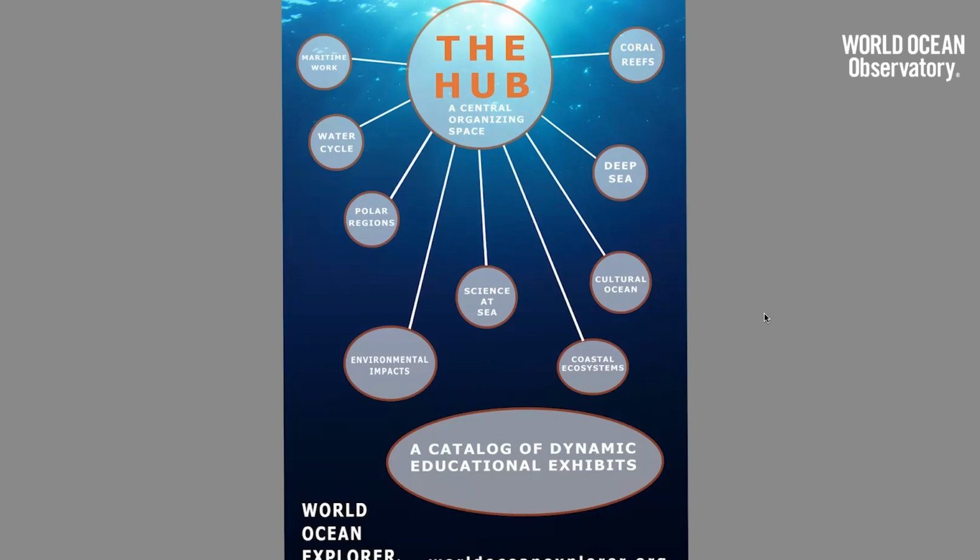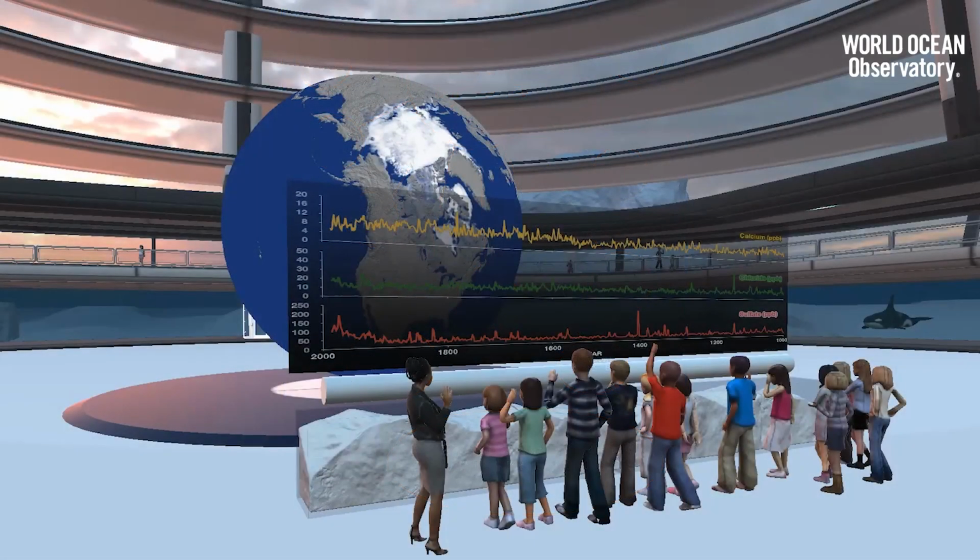The next one after that, possibly maritime work, polar regions, water cycle, the cultural ocean, coastal ecosystems, science at sea, environmental impacts. Well, this is an example of chemistry data taken from an ice core. Part of the ice core records don't only show information about the specific glacier you take it from, but it gives you a sense of global atmospheric